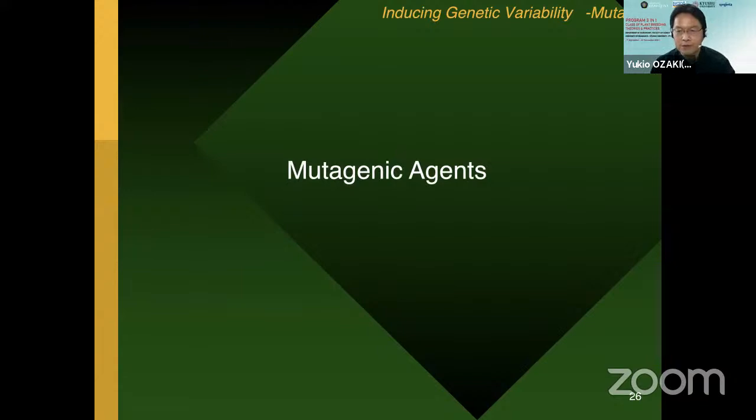Agents of artificial mutations are called mutagens. They may be grouped into two broad categories: physical mutagens and chemical mutagens. The specific agents vary in ease of use, safety issues, effectiveness in inducing certain genetic alterations, suitable tissue, and cost, among other factors.